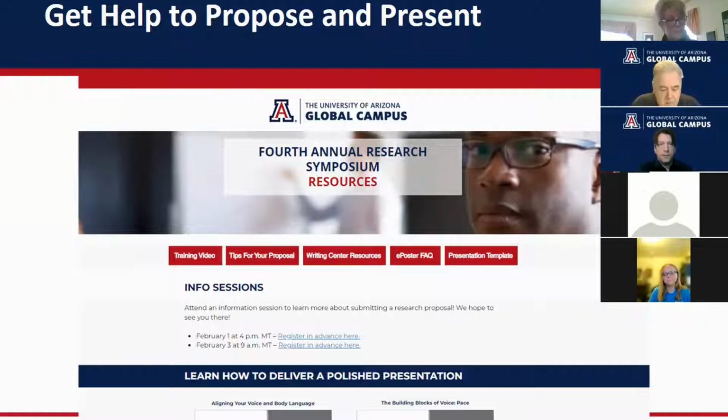And a third area, very exciting, is resources to help you as you approach the symposium and work on your proposal. As Dr. Sundstrom just mentioned, Dr. Blizzard's work is available on the tips tab through the resources tab on the home page. If you click on resources, it'll lead you to a display of tabs. You'll definitely want to review the tips for your proposal. There's also a training video, and there are writing resources from the Writing Center. The University of Arizona Global Campus Writing Center has a number of resources that will be very helpful as you consider refinements and elements in your proposal development.